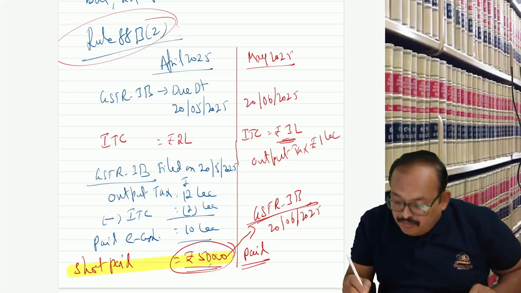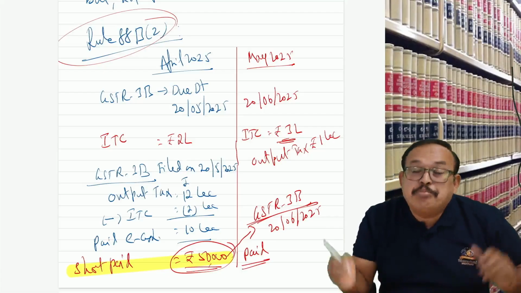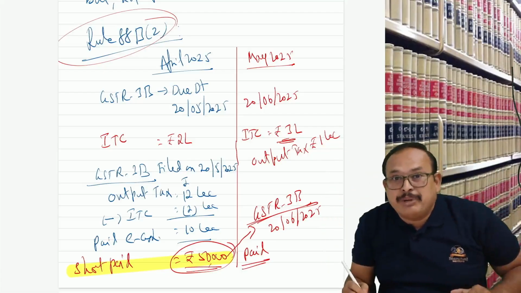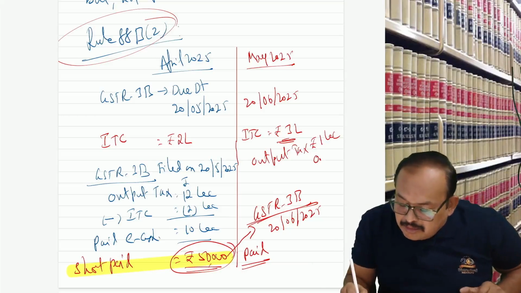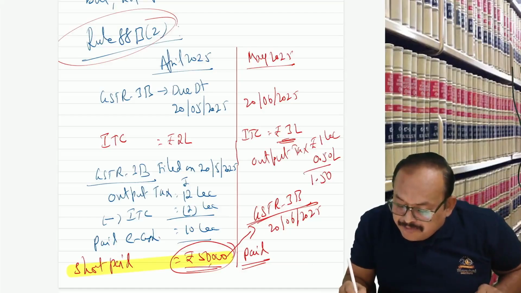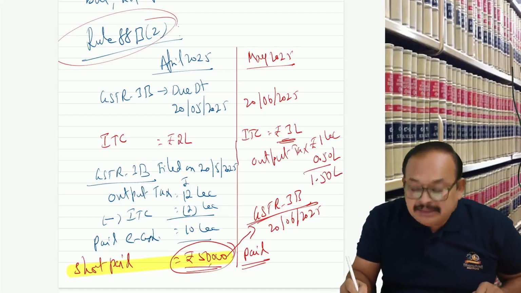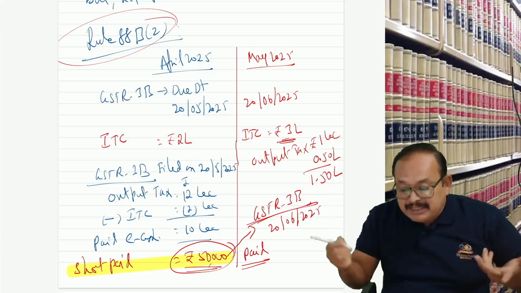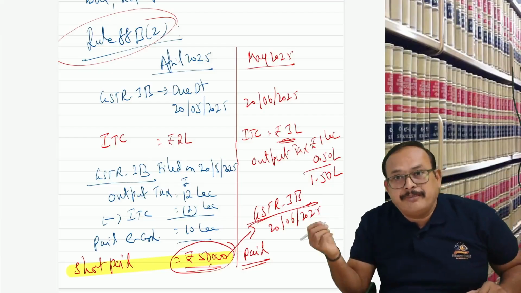Here 1 lakh. Previous month not paid, short paid, adding 50,000. Total how much? 1 lakh 50,000. And deducting 3 lakhs. Still excess credit carry forward 1 lakh 50. If you did so,